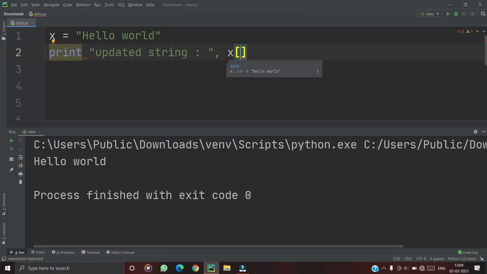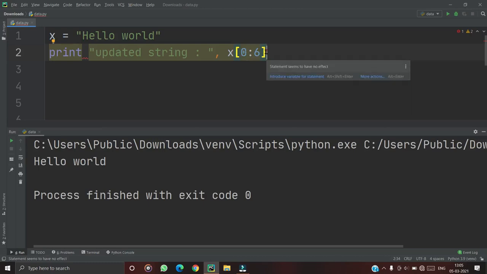So you need to add 0. If you don't add 0 here, no problem. It will automatically start with the 0 element. Here I add plus, and here I add Python. Run this.